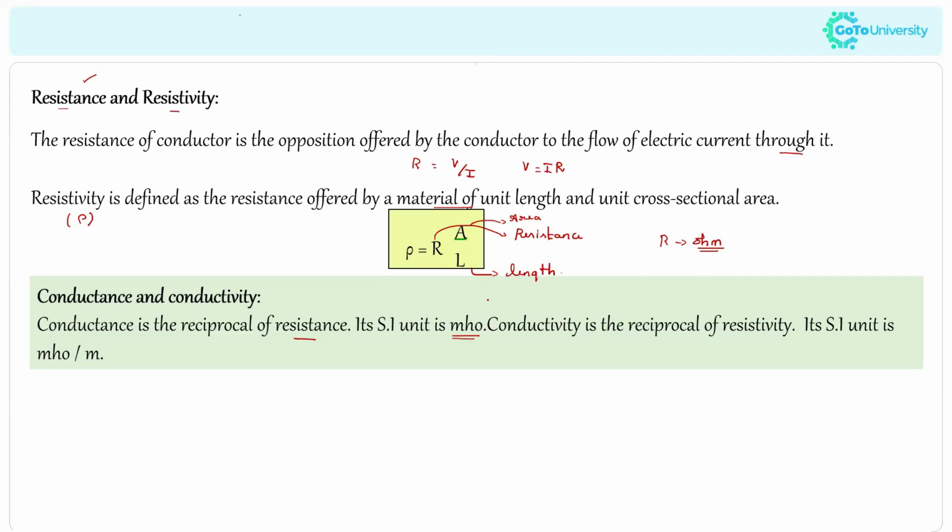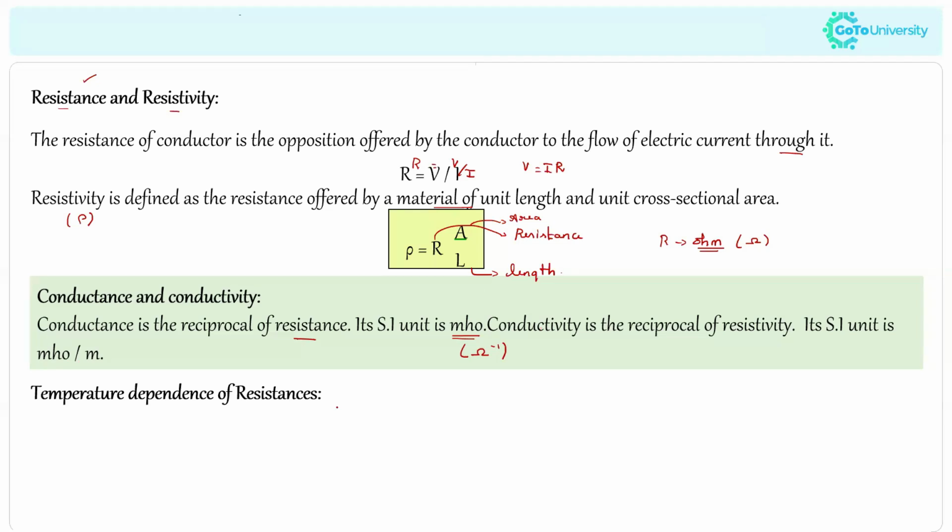Okay, so here the ohm will be represented by using this symbol, whereas mho will be represented by the ohm symbol with power of -1. So the SI unit of the conductance is mho. Okay, so now